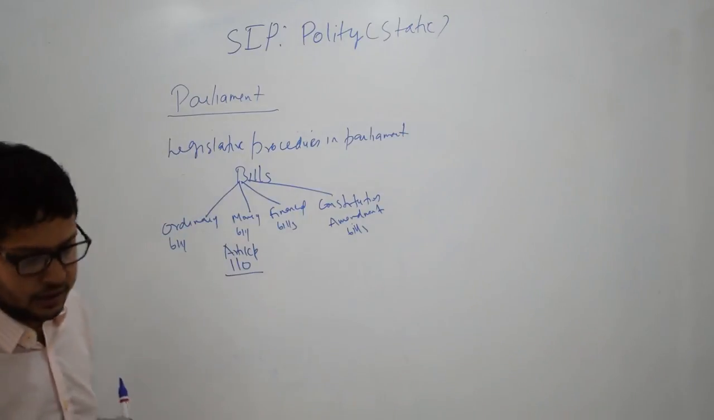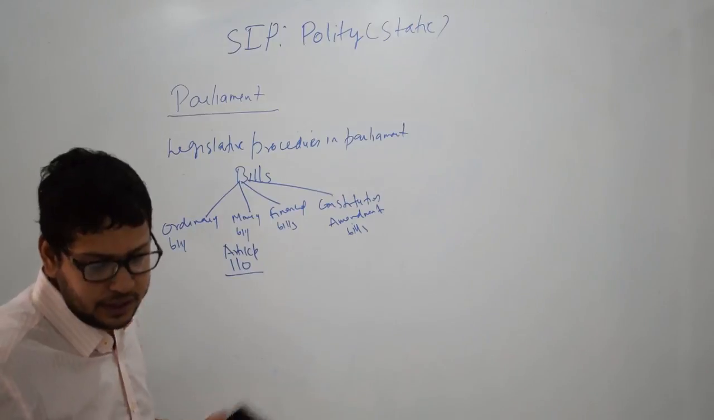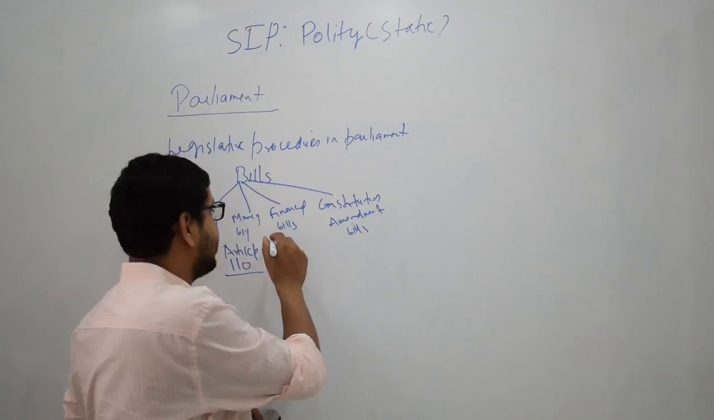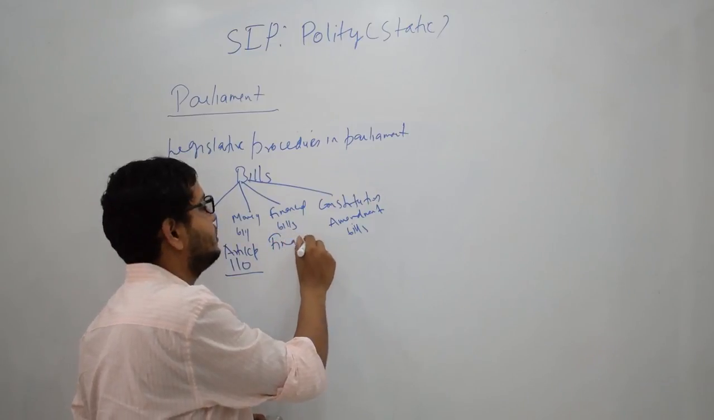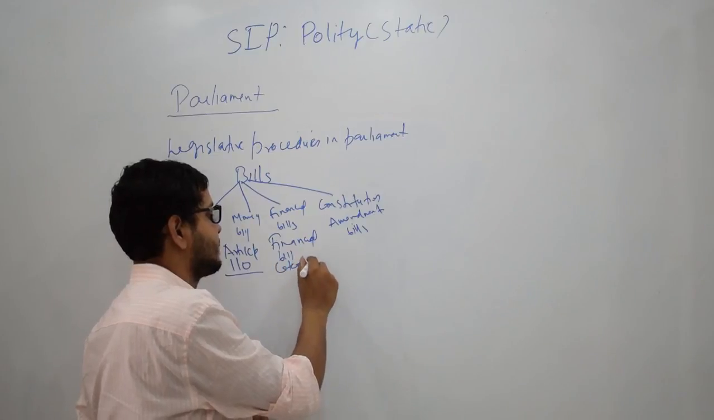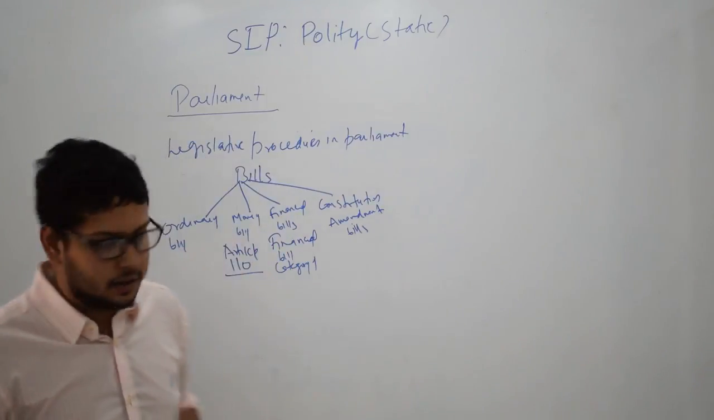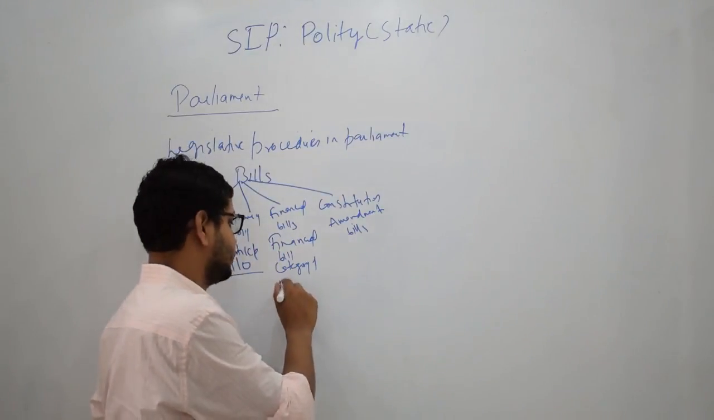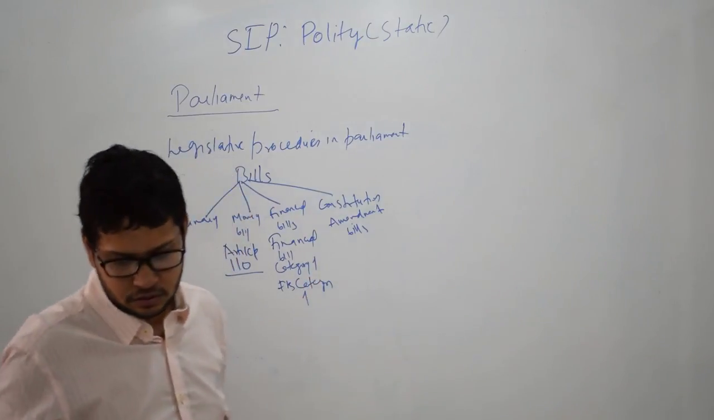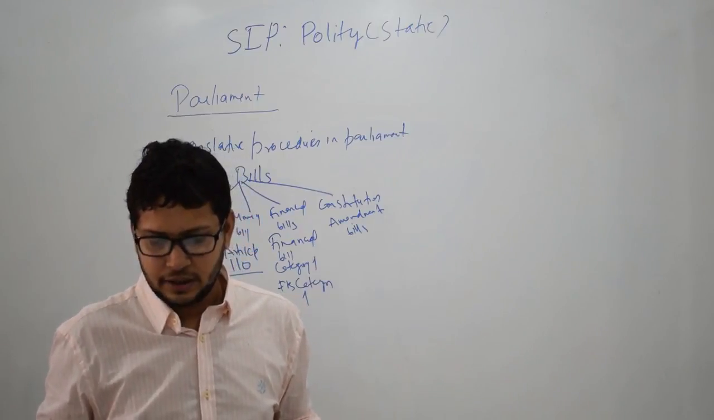Next is financial bills. A financial bill can be of 3 types. One is the money bill, as we have discussed, Article 110. Second is financial bill, category 1. And third is financial bill, category 2. So financial bill, category 1,